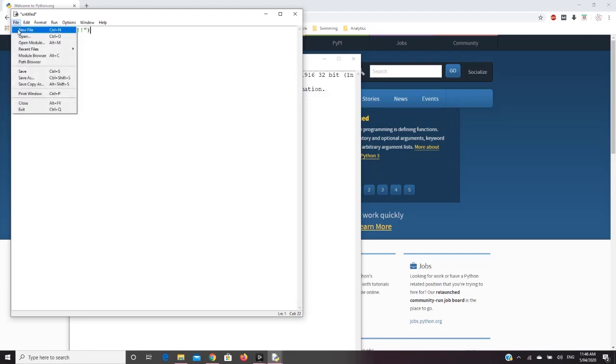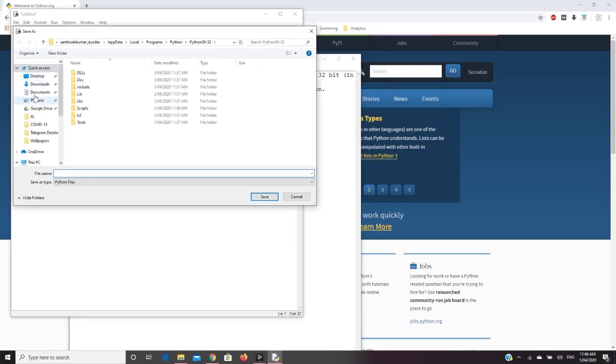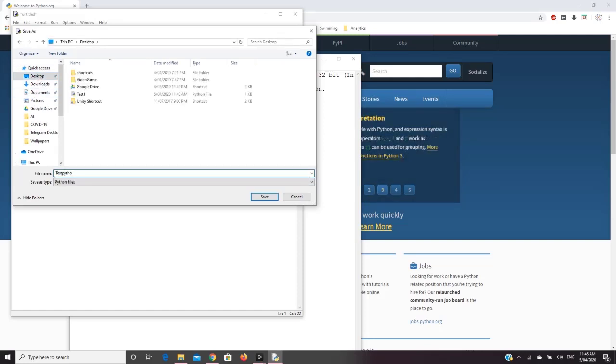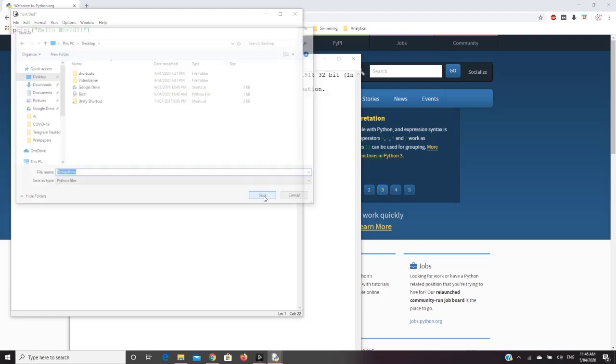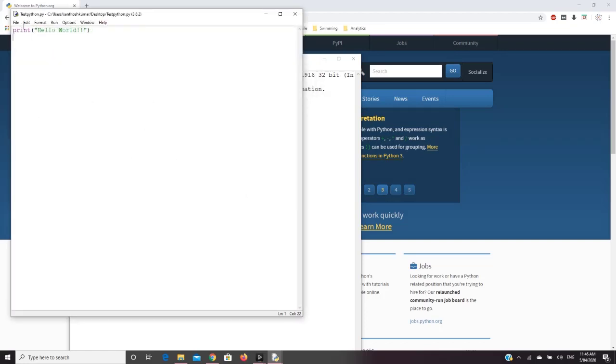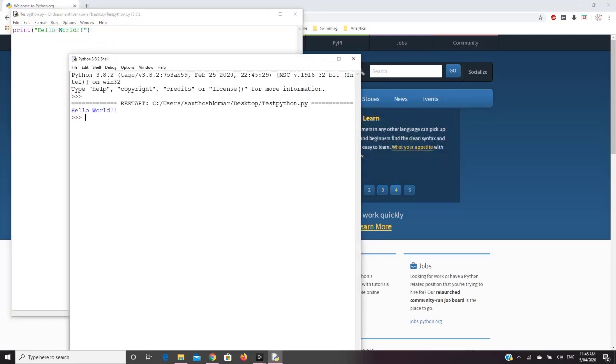I cannot run this line without saving it, so I am saving it with a name on my desktop. And I am selecting run module and you can see the shell prompt displaying the outcome of the program.